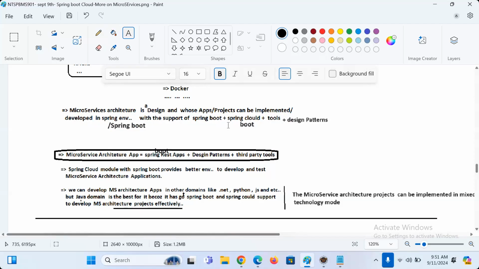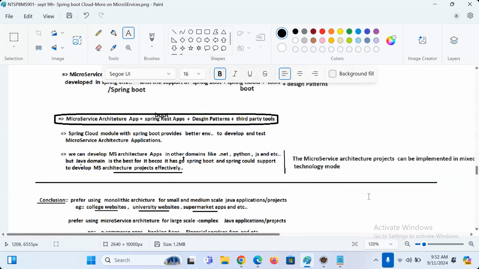Spring Boot plus Spring Cloud plus tools plus design patterns. Are you getting my point, guys? Microservice architecture application is nothing but Spring Boot REST applications plus design patterns plus third-party tools, guys. A lot of third-party tools.